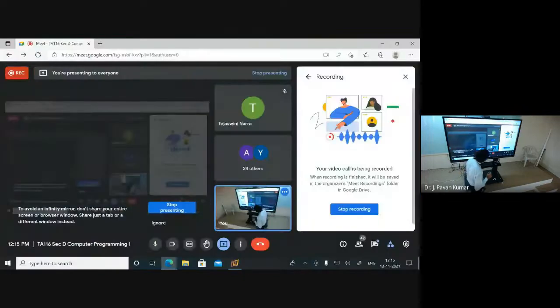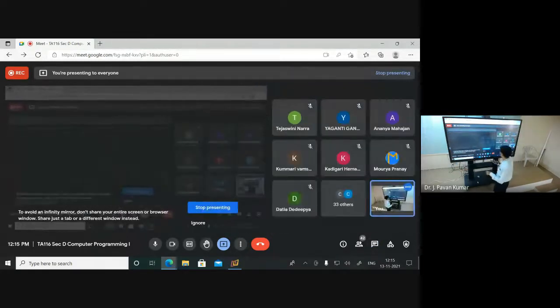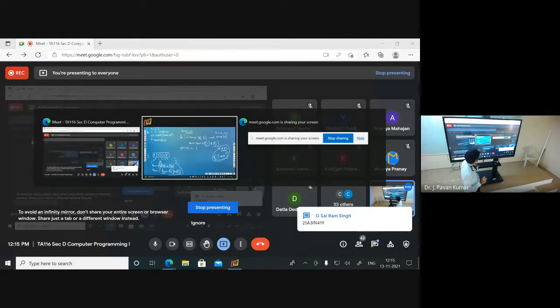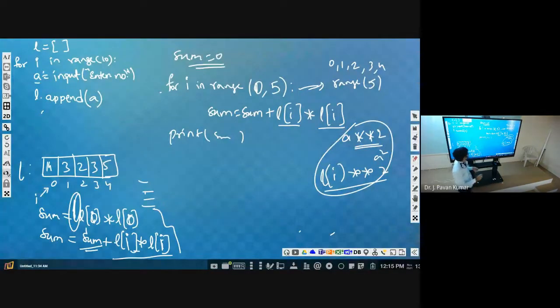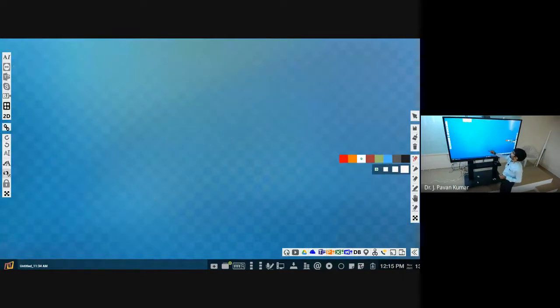Any doubts from online people? How we can print factors of a given number? Input. One number we have to take as input. So n is equal to input.